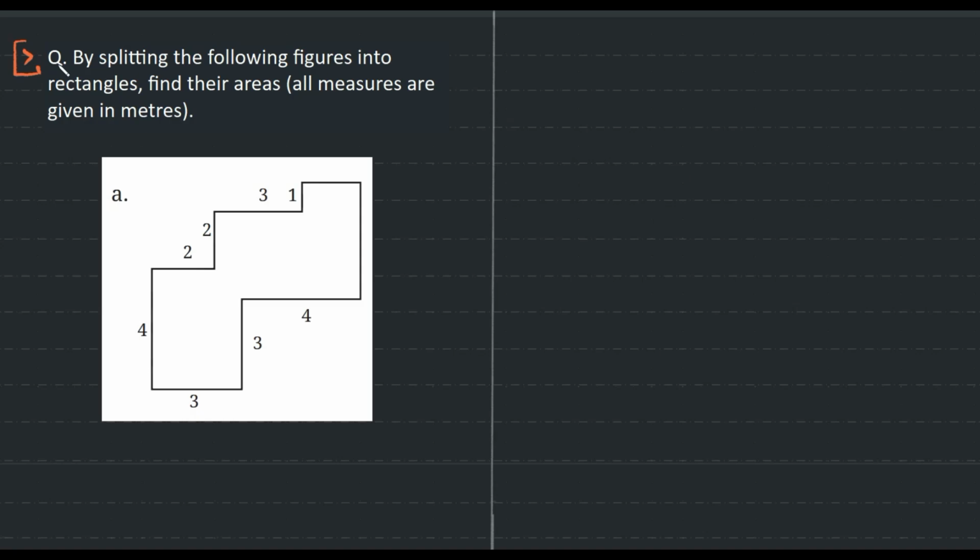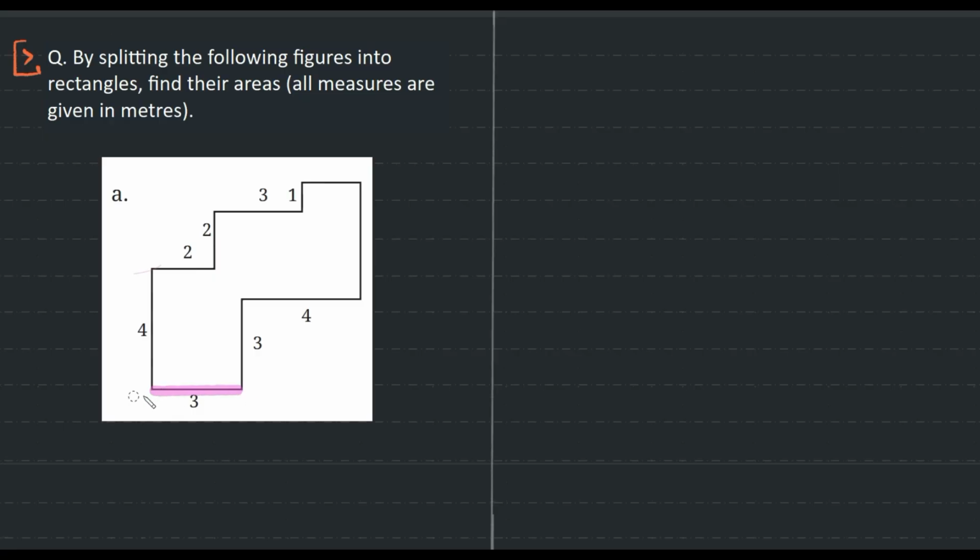By splitting the following figure into rectangles, find their area. Also, measures are given in meters. Okay, let me explain the diagram. So we have a structure which looks like it's made up of a lot of rectangles. And we have some numbers written over here. What do they mean? Well,